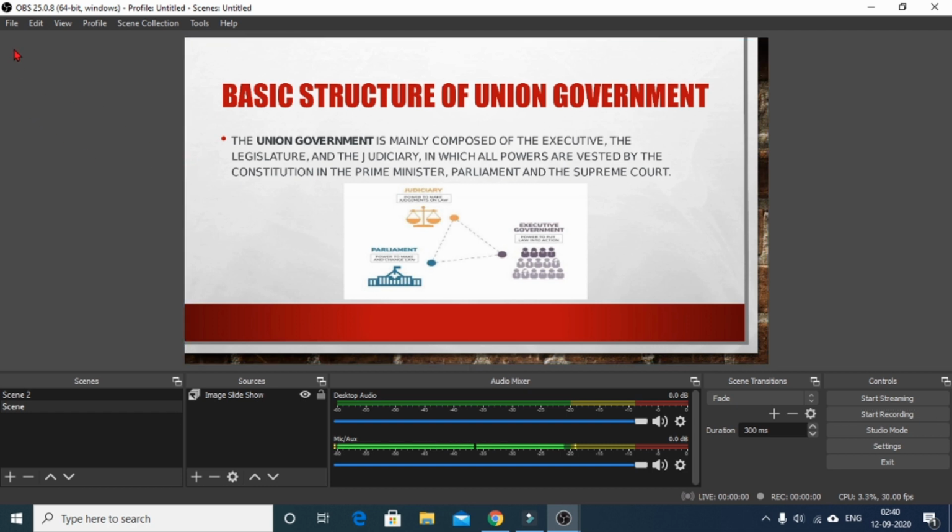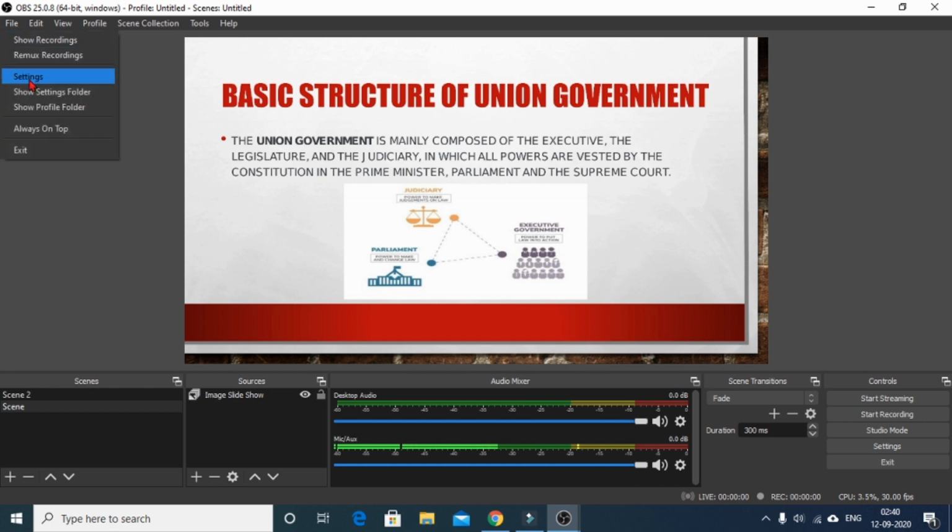One more thing I want to share with you: whenever you create any kind of video content using any of the sources, be it your face recording, your image or any text, an image slideshow, or even screen recording, after you finish your recording, you can choose the output file as per your wish.